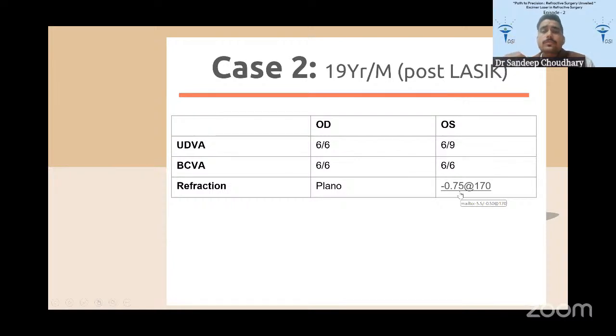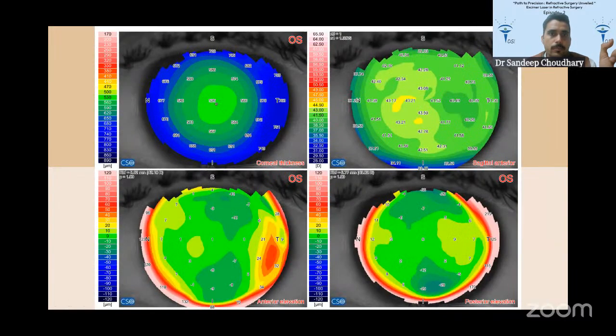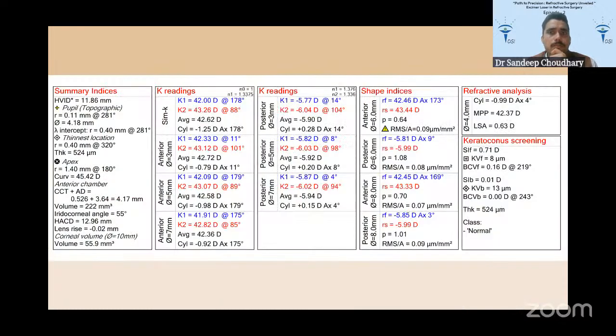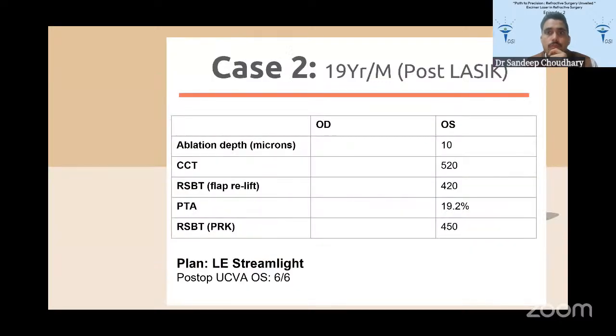But for professional reasons, the patient needed 6 by 6 unaided visual acuity. So we had to plan something for the patient. On the Cirrus map, this is after a post-LASIK, the topography was fine even after the LASIK. So in this patient, we could have gone ahead with the flap relifting and then do a retreatment and reposition